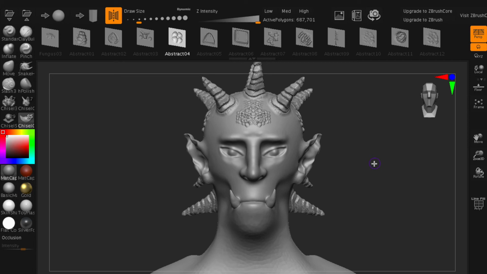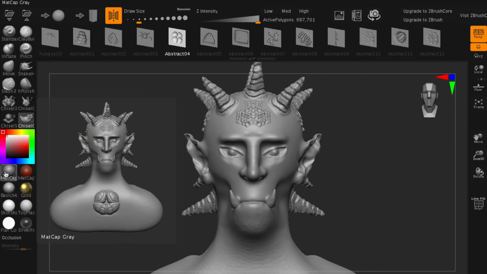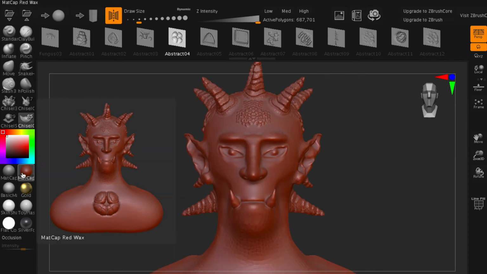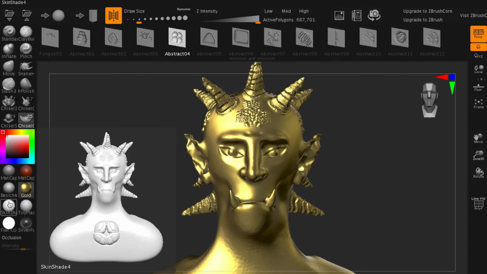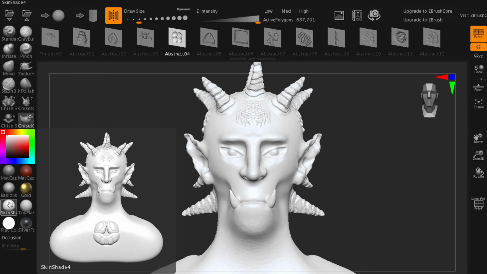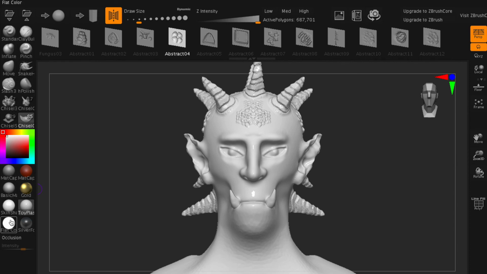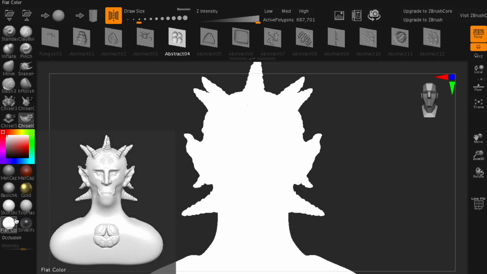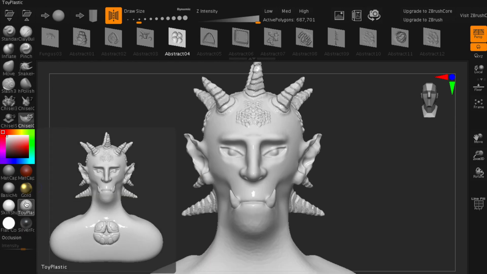Okay, finally now I want to look at your model in different colours. So you've got some different material options down in the bottom corner here. We go from the kind of matte clay effect that we've got there to this wax effect. Basic material, which has a bit more of a shine to it. And then metallic options such as the gold and the skin shade one, kind of plasticky looking option. And then the flat option really takes away all the features, so I wouldn't recommend that one. But you've also got a foil option as well,